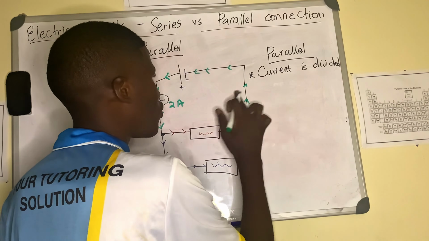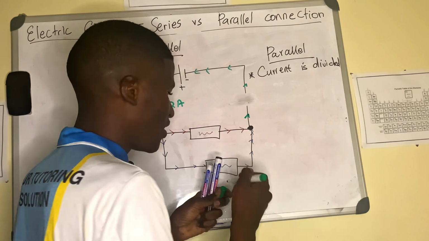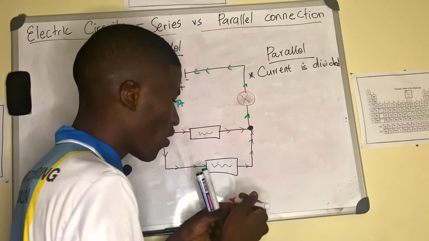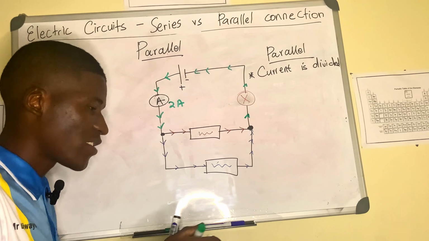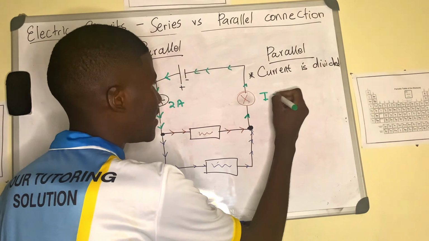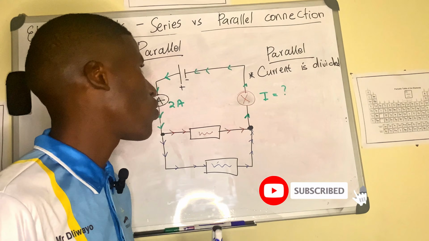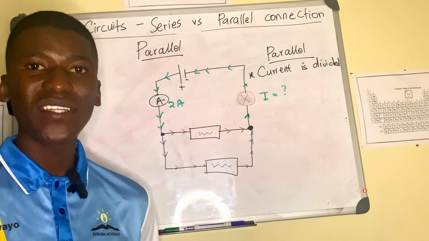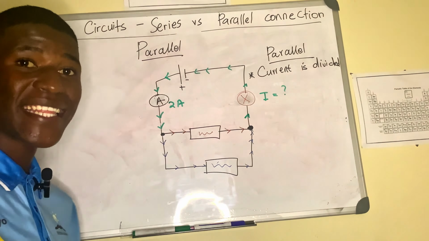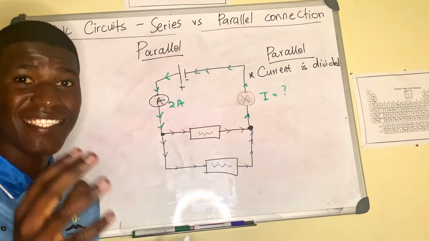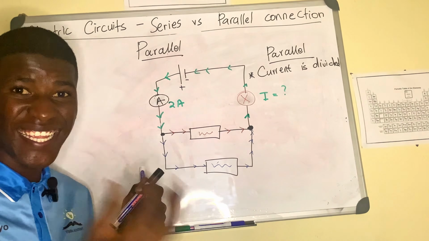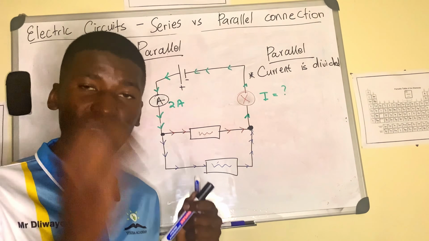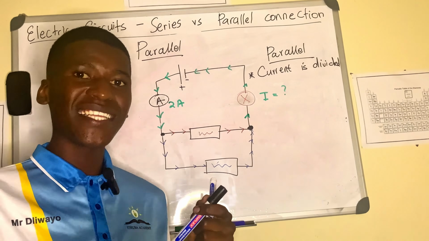So here, if I was to put another component, let's just say this is a light bulb at this point. If someone was to ask me, what is the current of this light bulb, or of this component here? This current will be equal to 2 amperes because it is the total current. Guys, it is the total current. Remember, we say that the total current is the current coming from the battery exactly as it is. Immediately when it comes from the battery, these arrows are representing the total current. The green arrows are representing the total current.